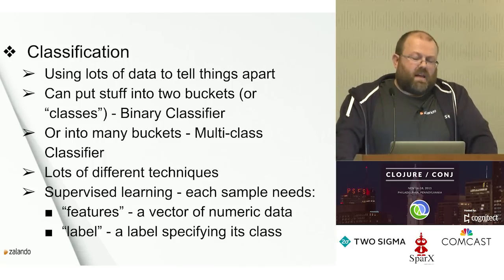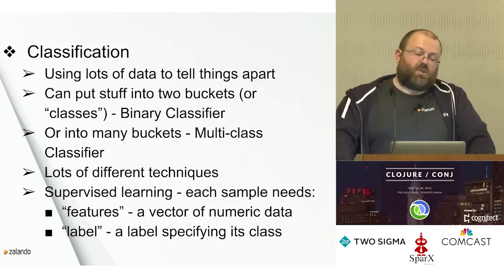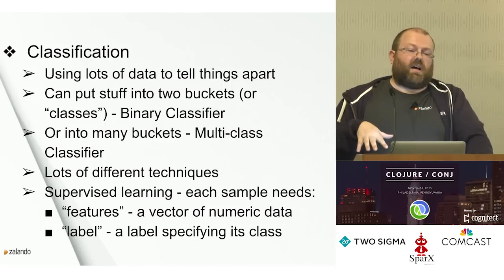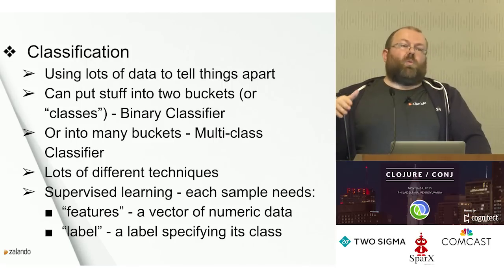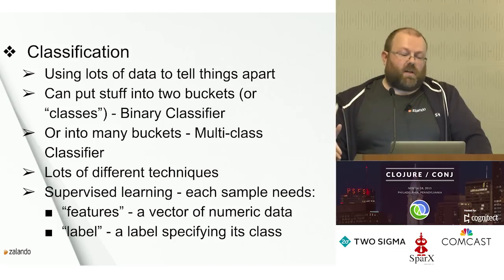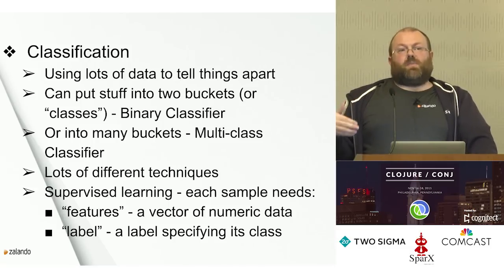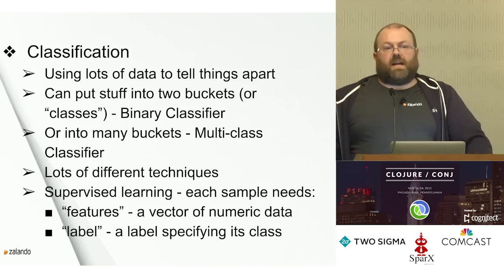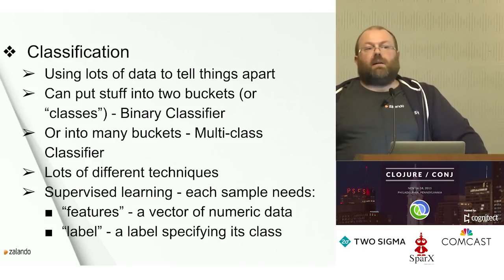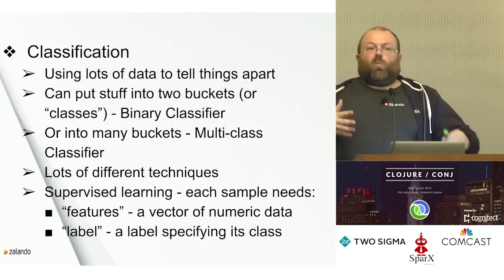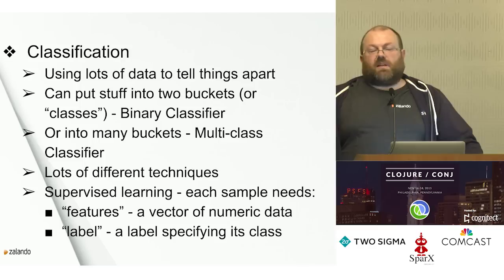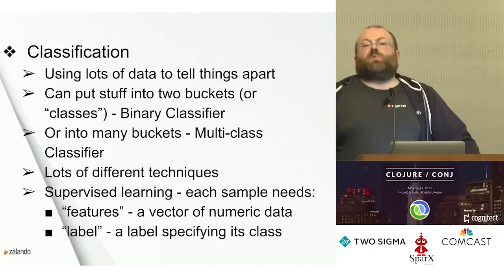It's what's called a supervised learning technique, which means that for each data point you have, you need to know what it is. So you need a label for it. So to tie this back into DMOZ, the reason we start with DMOZ is because we have a label for the data. We know that this website is fashion related or is sports related, or whatever your domain is, you can kind of decide and get a pre-labeled data set.